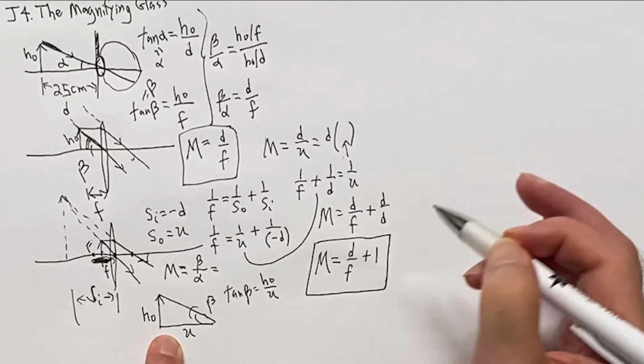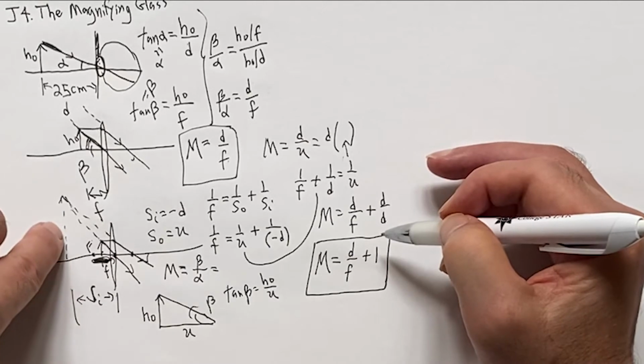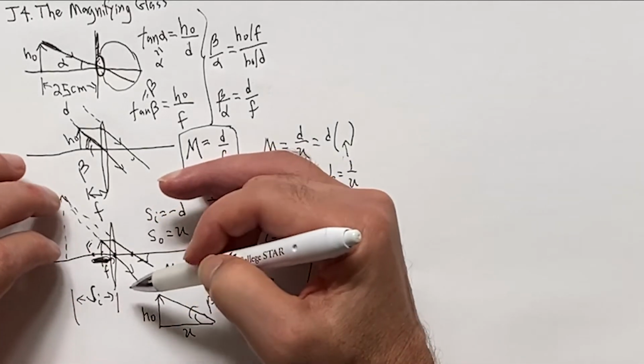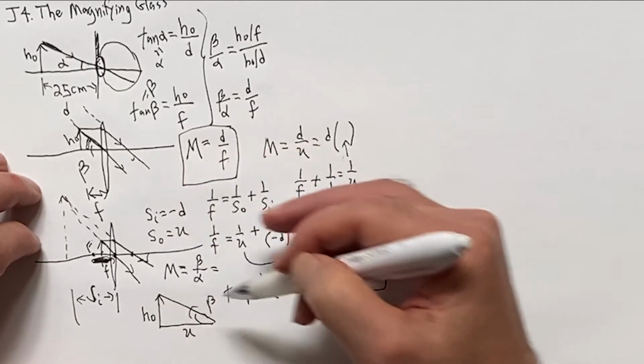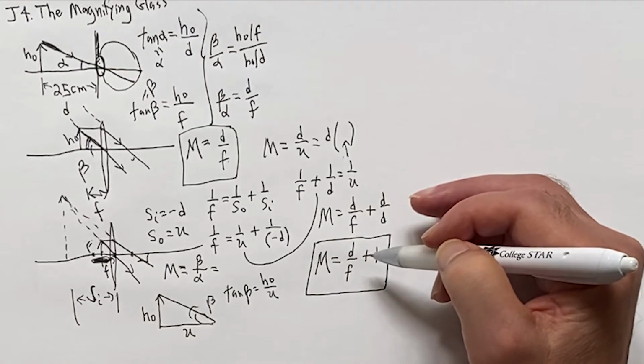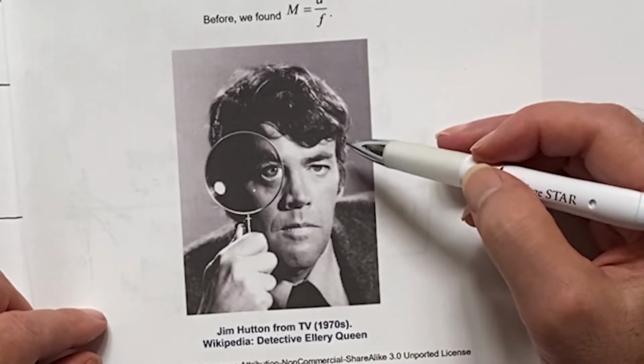And like that's considered the best, because by bringing that image as close as possible that you can see, that's like the best deal. Your eyes work a little bit more. So that's nice. And here from the 1970s, Jim Hutton,